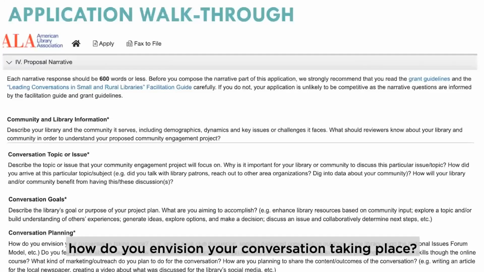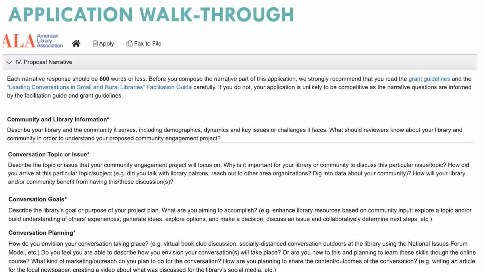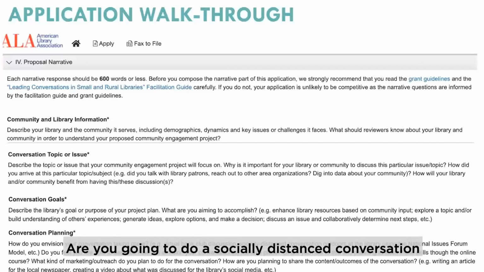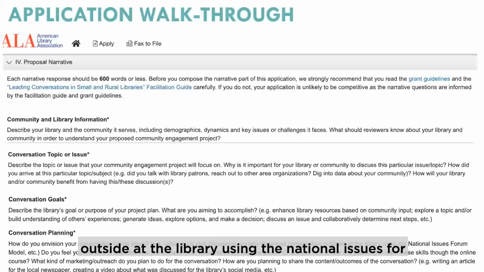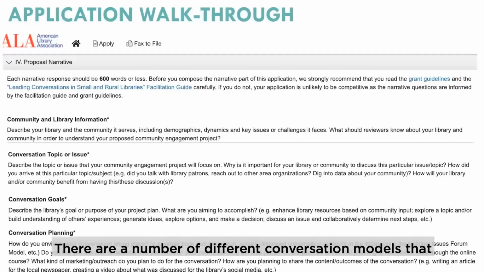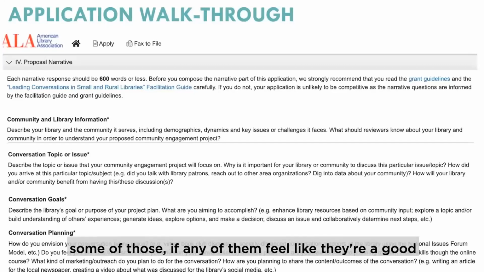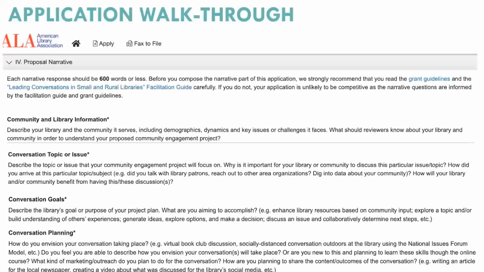The next section is conversation planning. How do you envision your conversation taking place? For example, are you going to have a virtual book club discussion? Are you going to do a socially distanced conversation outside at the library using the National Issues Forum model? There are a number of different conversation models that also are linked to in the project guidelines if you're wanting to reference some of those, if any of them feel like they're a good fit.